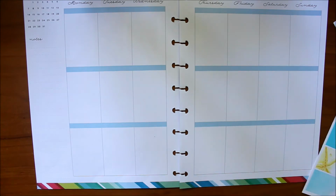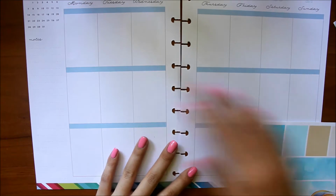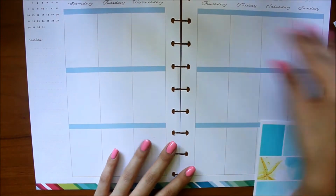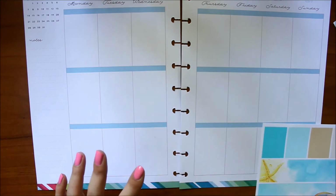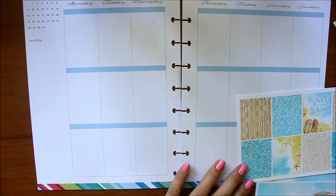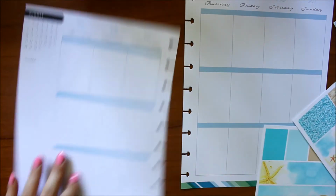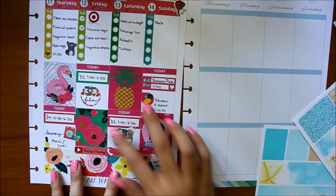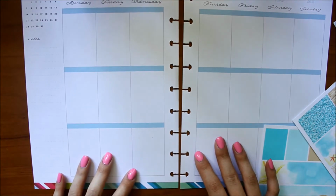And I was thinking of how I wanted to use this kit, because normally what I do is I put all the checklists on the same box, basically the same level, so that it's consistent throughout the week. And I normally do put all the full boxes along the same week, but since there's no separation, I might actually not quite stagger them like I did last week. I mean, I think it looks fine, but I wanted to try something new,